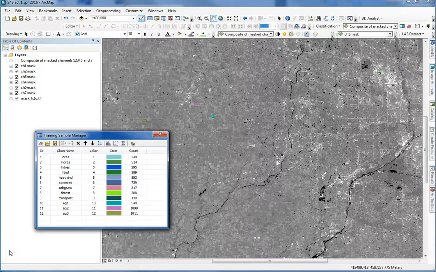I'm going to show you how I would make my signature file after completing my training sample selection and evaluation using Training Sample Manager. As you can see, I have my Training Sample Manager open here, and I have selected 12 training samples. You can see the size of them. They're in the hundreds for